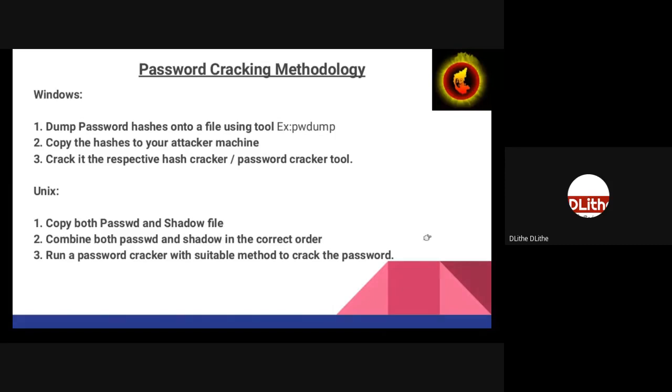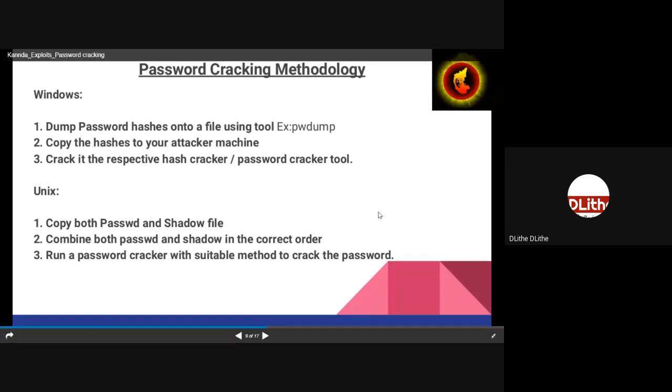Now let's come across how practically you can crack passwords. To crack system passwords, you need to first dump the password hash. You need to get the password hash. Once you dump it, you need to copy the hash to the attacker machine, and then you can load it into any password cracking tool that will crack your password. It's a pretty simple and straightforward process. The steps are very simple: dump the password hash, copy it to the attacker machine, and then run it using a tool that will do all the job for you. As simple and straightforward as it is. Clear, guys?